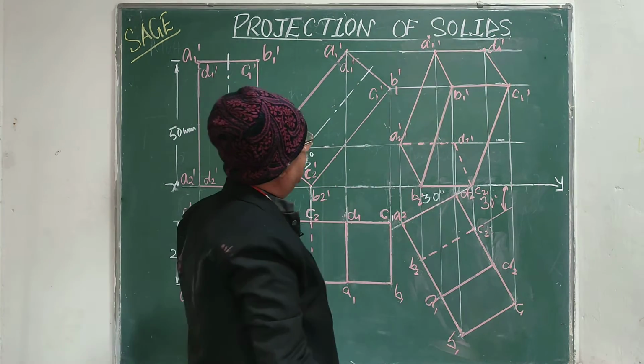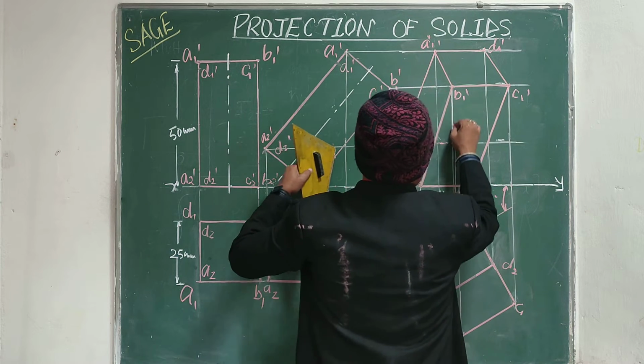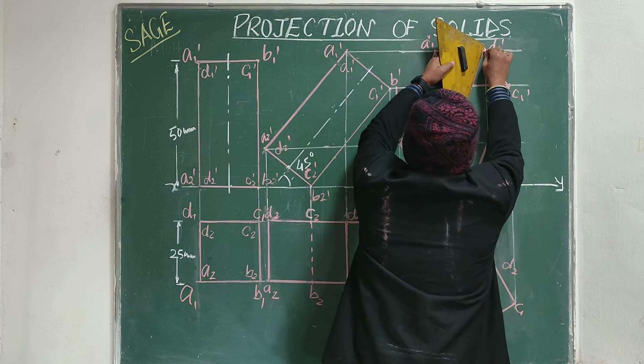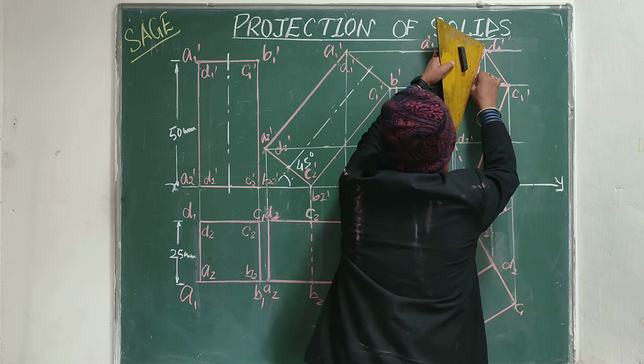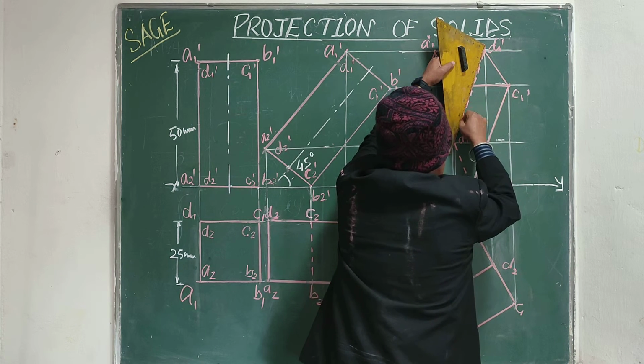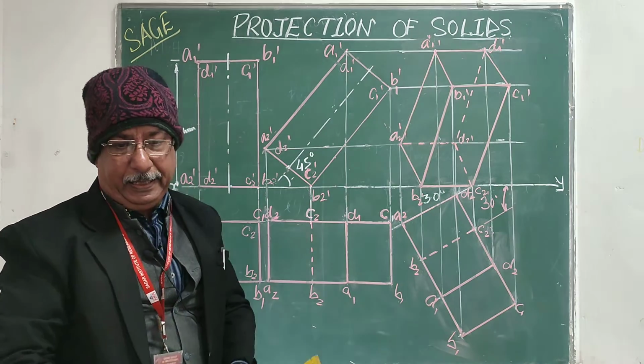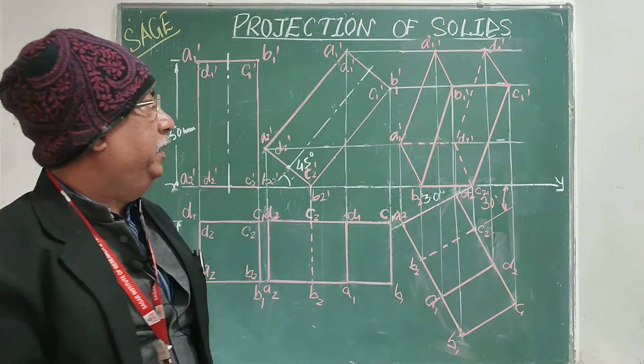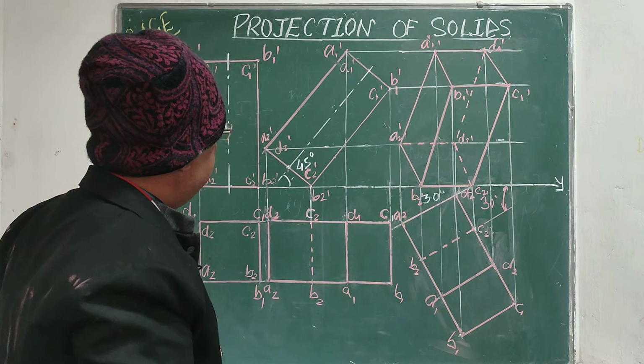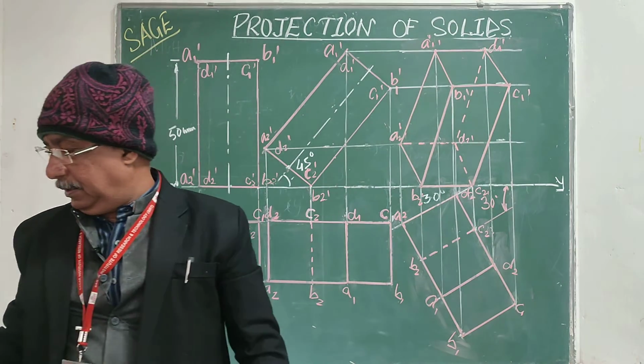And the last line, that is D1 dash, D2 dash, as this line is also passing through the visible base, so any line passing through the visible base must be a dotted line. So if I join it like this, we can get the figure,